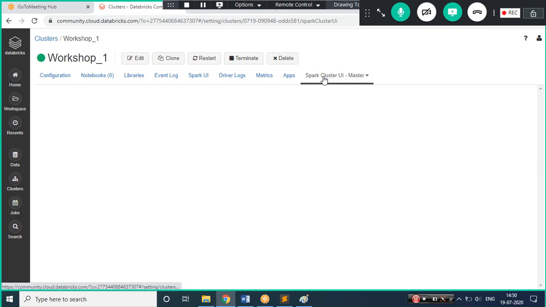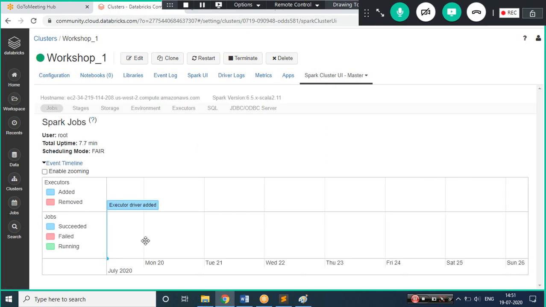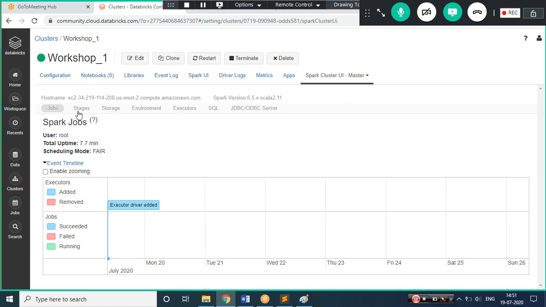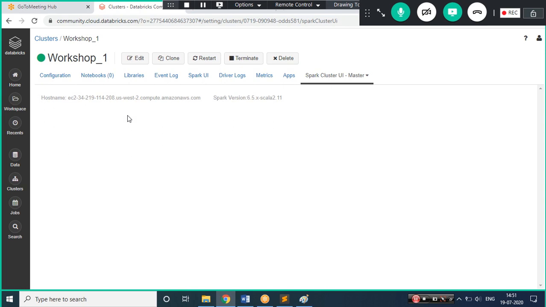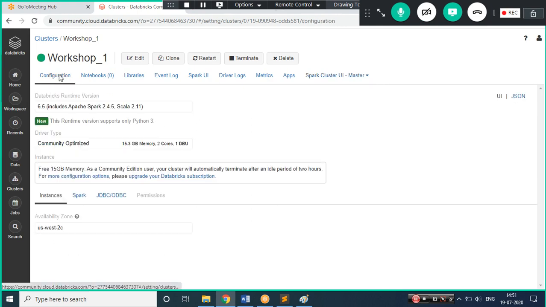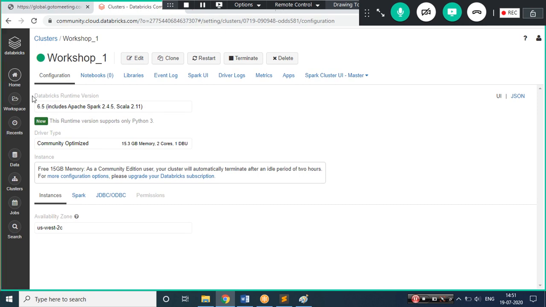Let's just see the configuration. This is the DAG: when I'll be executing the jobs, stages will come into the picture. We know what stages are, what tasks are, and what the worker nodes are in the Spark architecture. You can explore this upon your availability. I'm just trying to show you so you can explore the things.